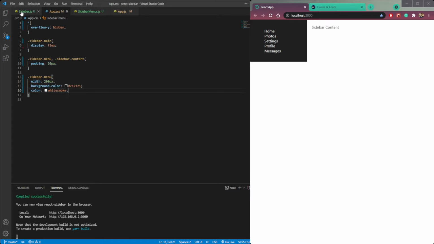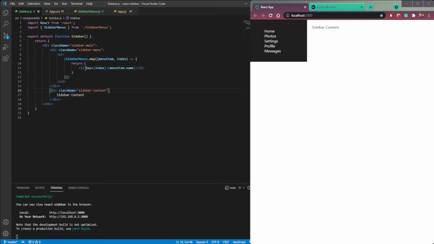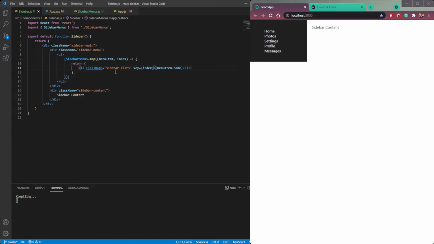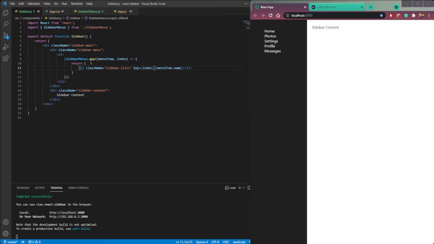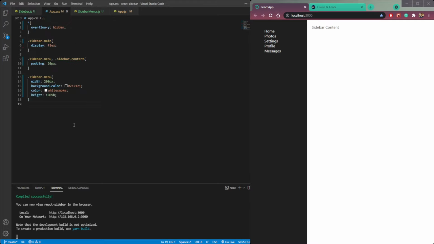Okay, give this li a class name of sidebar lists. Height should be 100 vh. Okay, fine. Copy this class name sidebar list, and here